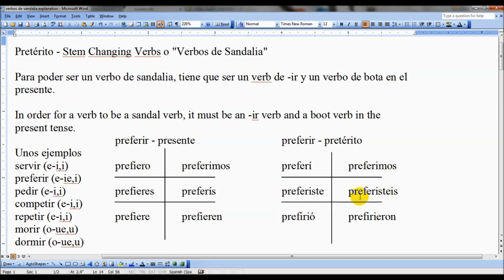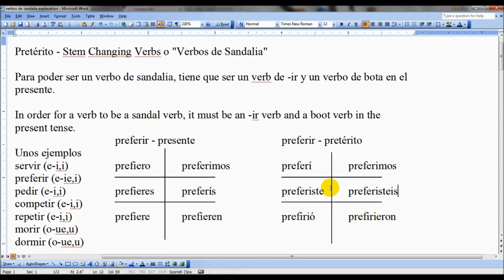If your teacher doesn't teach you the preterite version of the verb, or they do and you're having trouble remembering it, the easier way to remember it is to ask yourself, what is the vosotros form of the preterite? Well, all you have to do is add -is or -eis to the end of the tú form of the verb, and you will always get the correct vosotros form of the verb in the preterite, no matter if it's a regular or an irregular verb.